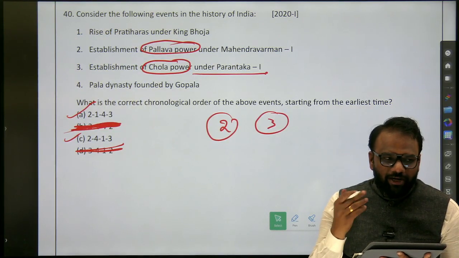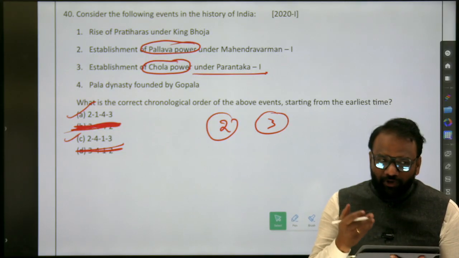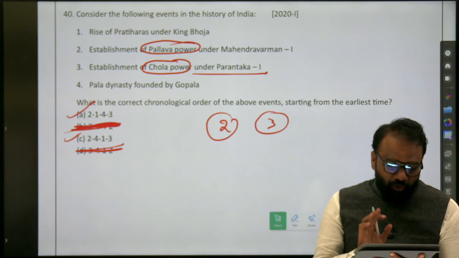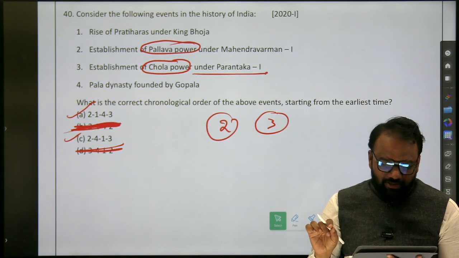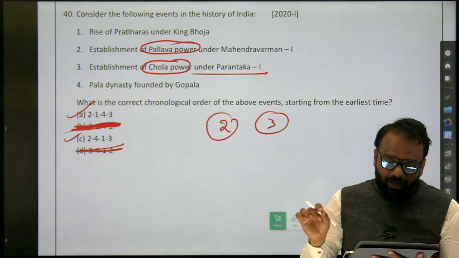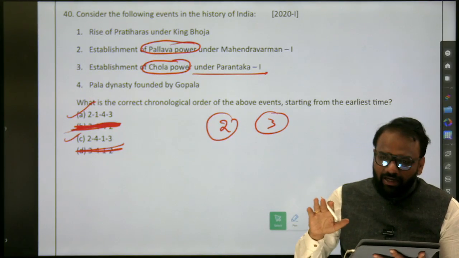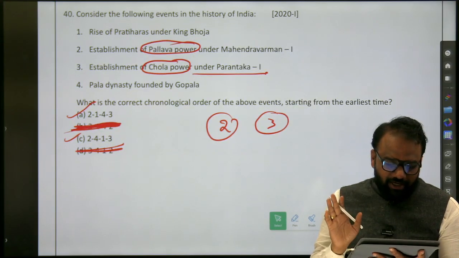No, see, we are building the approach. We are not interested in the answer because the answer is already over. How are we going to build the approach in the examination? Why did we come to the conclusion that 3 will come after 2? Because Cholas were subordinates to Pallavas. So establishment of Chola power under Parantaka 1 can take place only after the establishment of Pallava power under Mahendravarman. So after 2 will come 3. Next,